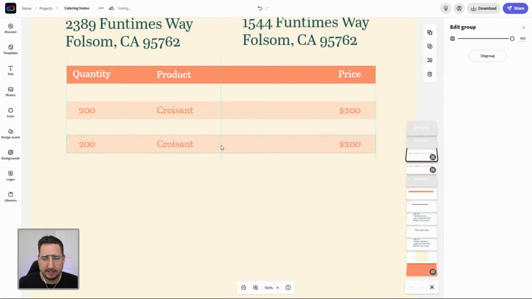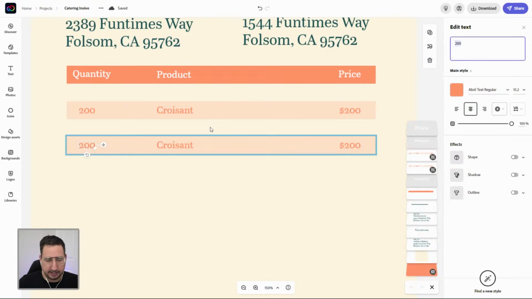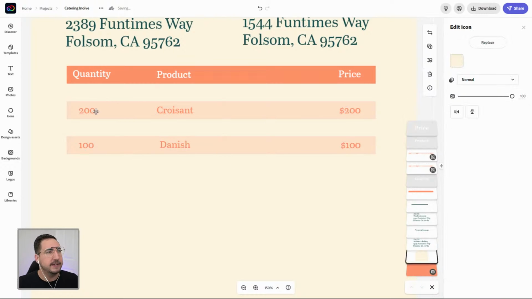And we're going to line this up so that it aligns perfectly right there. And then I can simply come in here and double click. And let's say that we did 100 and we did 100 Danishes. 100 Danish, sure. $1 for everything. Those are going to be $100. So that looks pretty good. And what I want you to do is maybe play around